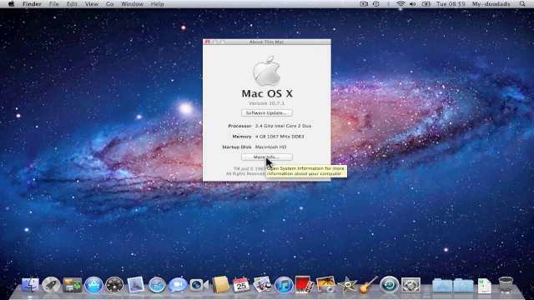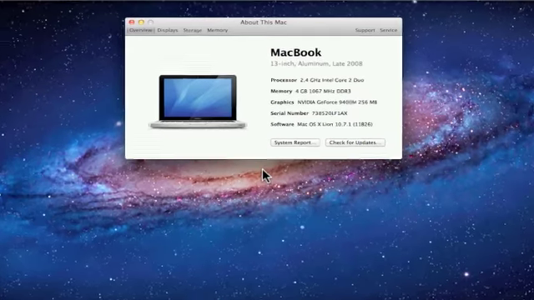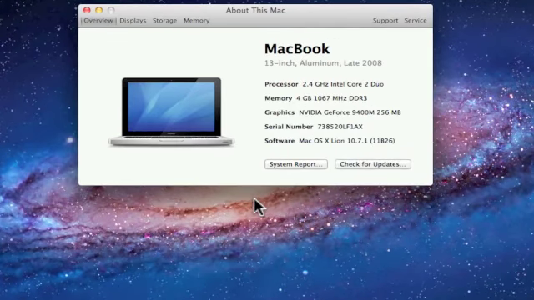At the bottom of this panel is a More Information button. When you click on this, it will give you further information about your Apple Macintosh computer. If you ever contact Apple support, they will ask you about this information when they try and diagnose the issue